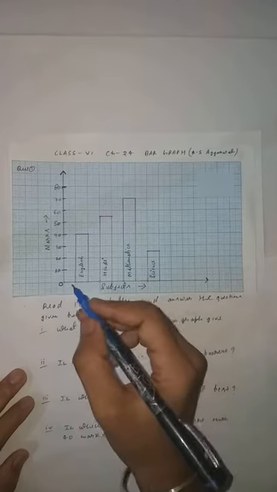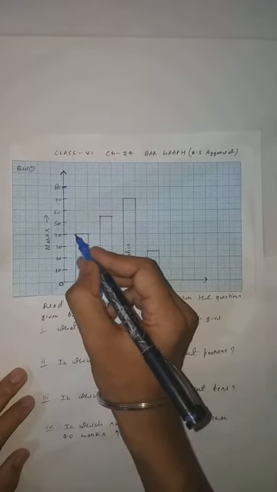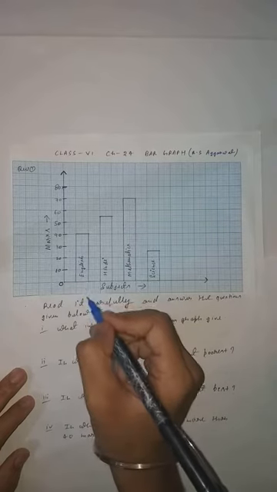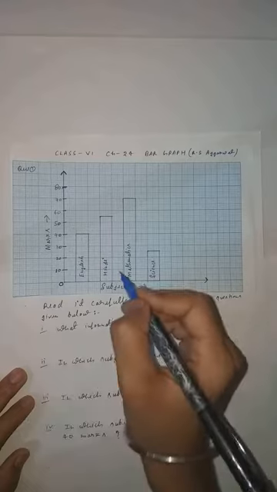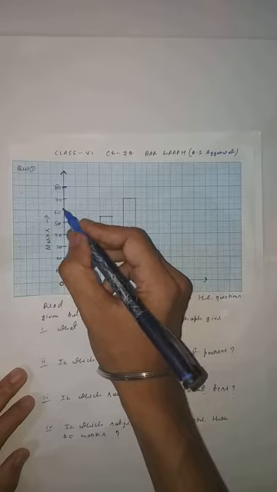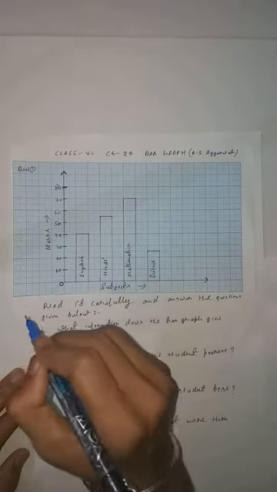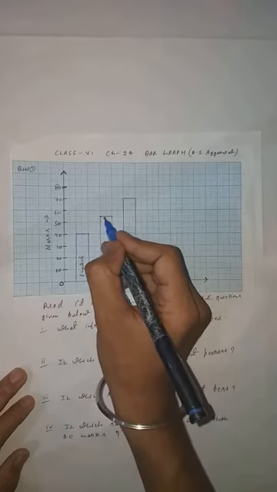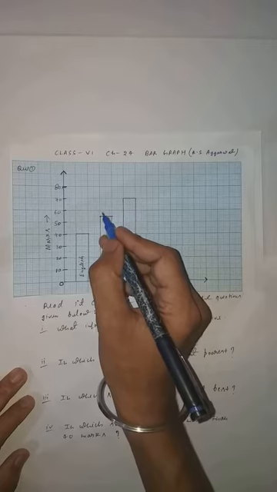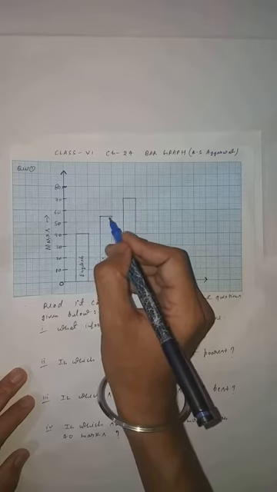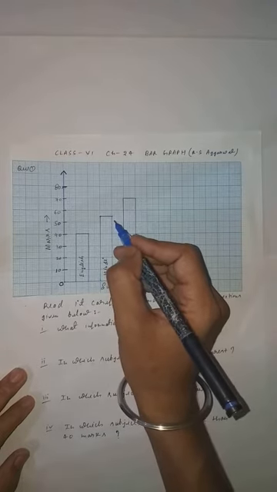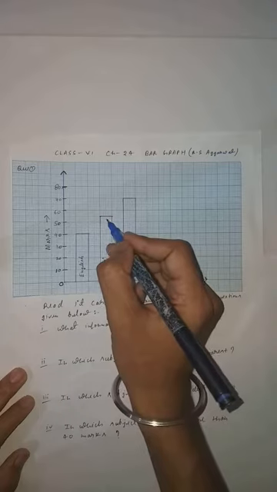So now what is given? English. Here the bar of English is on 40. That is, the student got 40 marks in English. Clear, student? Hindi, for Hindi you will go here to 50, and between 50 and 60, how many lines are there, student? You will count, and you will find there are 10 lines, and this line lies in the middle of 50 and 60. So clearly you can see, between 50 and 60, what will come in the middle? It will be 55. You can see this clearly in the bar graph. So in Hindi the score is 55.